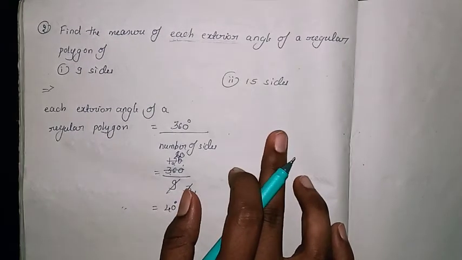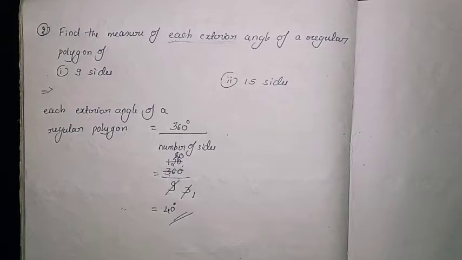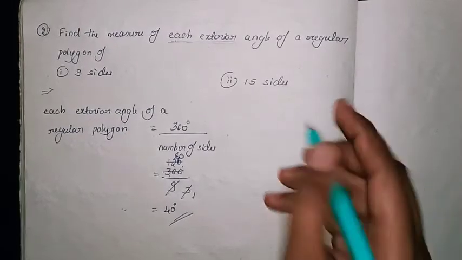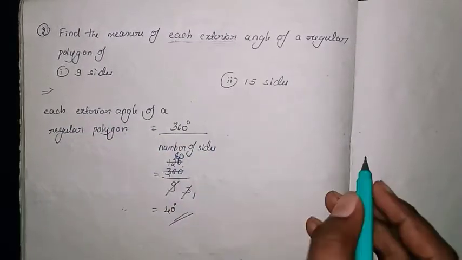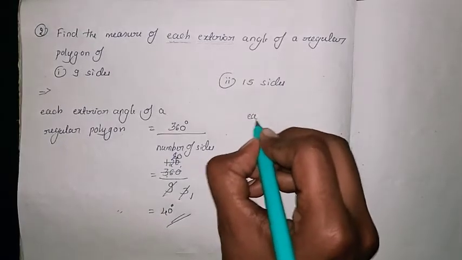And here for another one they have given 15 sides. Again you write, each exterior angle of the regular polygon is equal to. So you write it down. Otherwise,